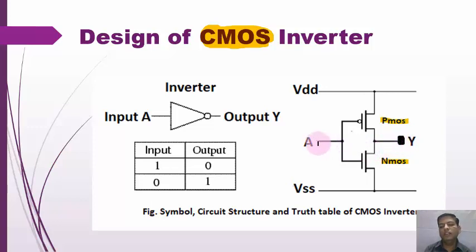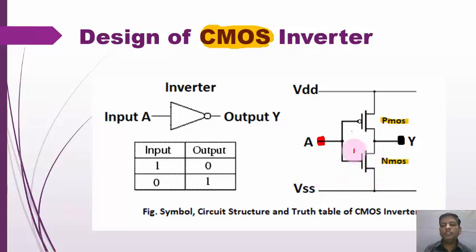Have you got it? Here the polysilicon layer on the gate terminal is shown in red color. In the case of PMOS, if we apply zero input, the PMOS operates and provides the output. If one input is applied to the PMOS, the MOSFET gate is off, and no current flows through the device.